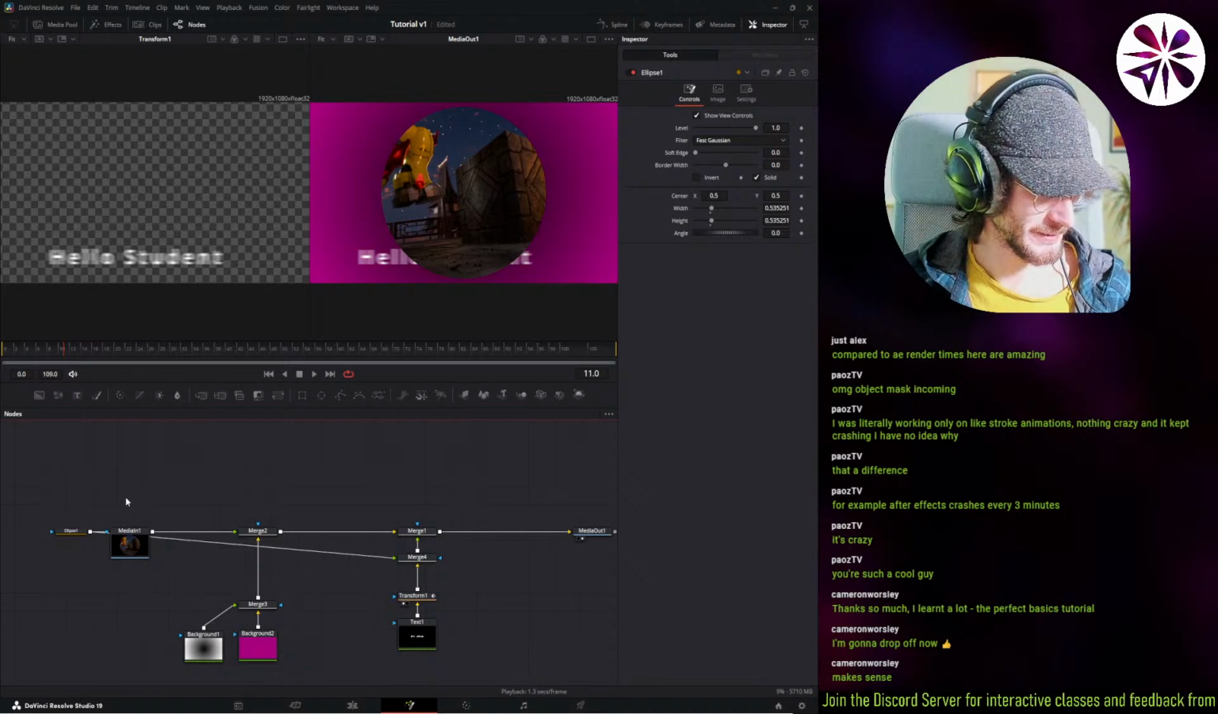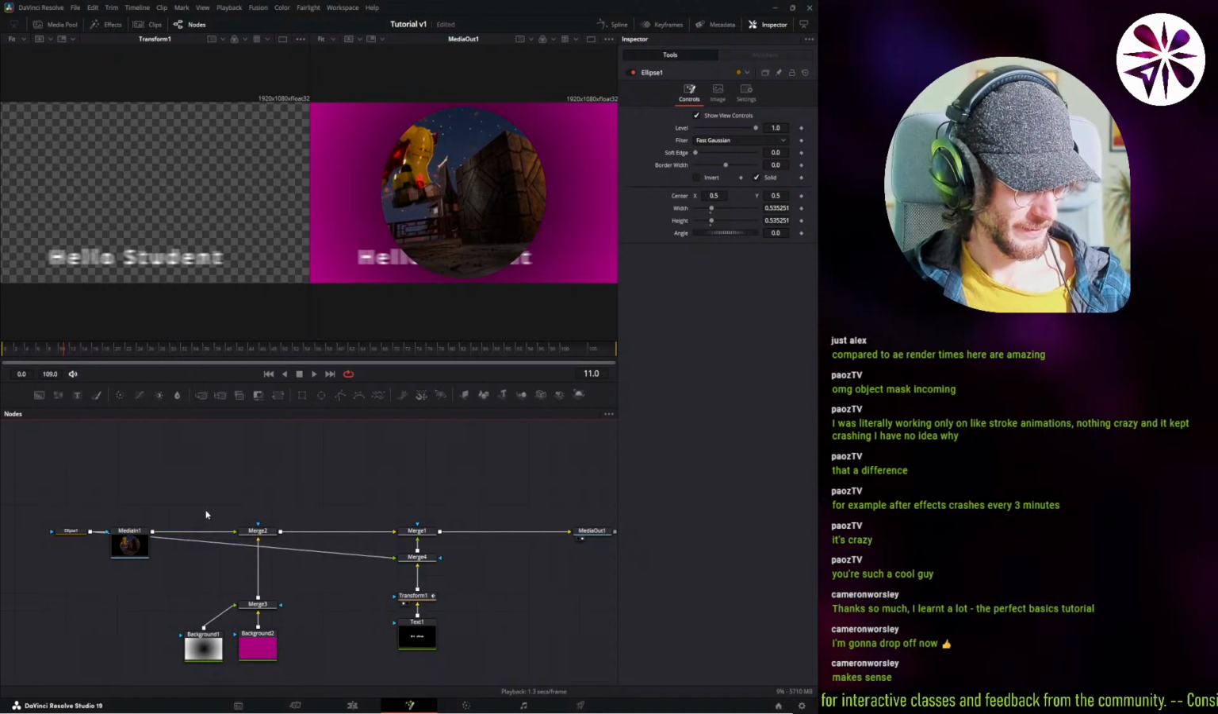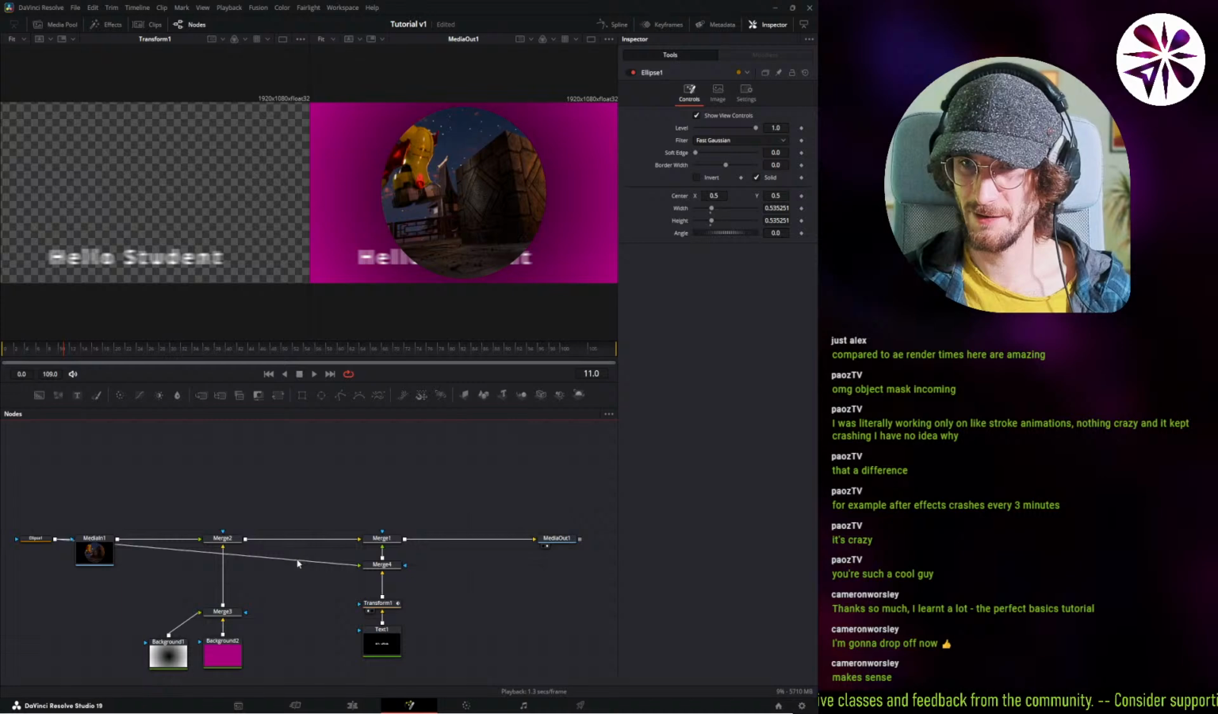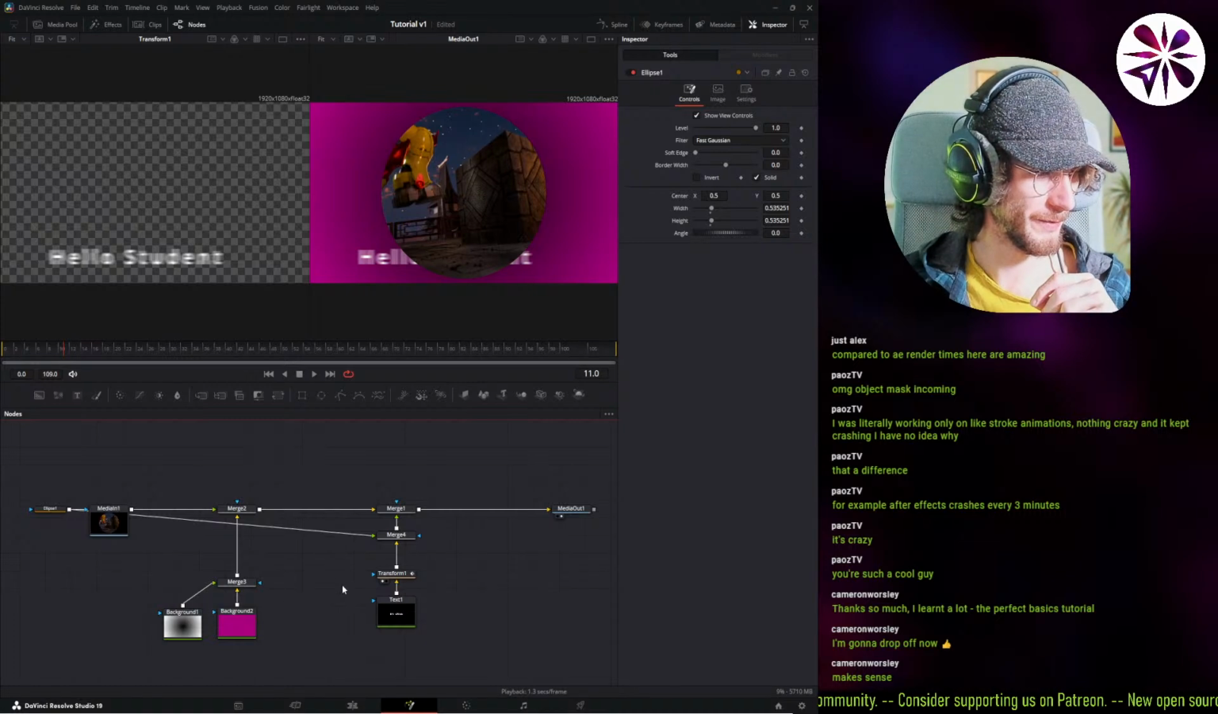Okay, let me see my notes here. Animation I showed you. Okay, so that's basically the basics for Fusion nodes. Of course, there's much more to talk about, but before I